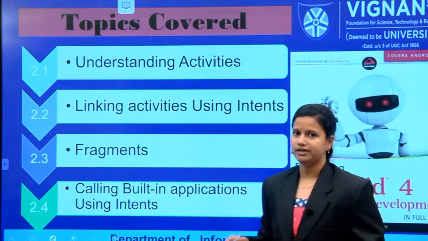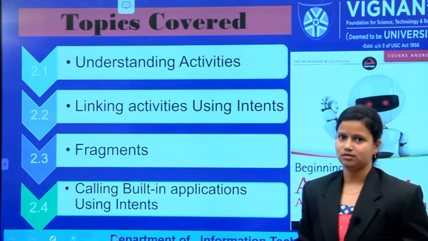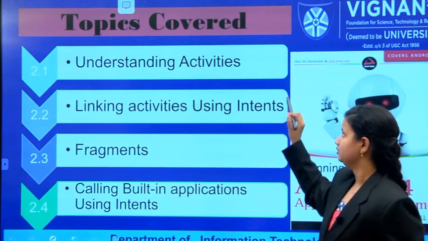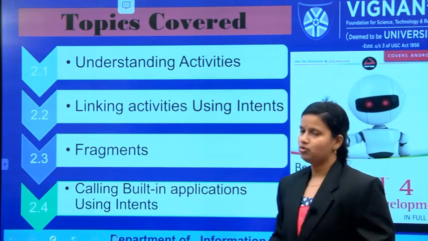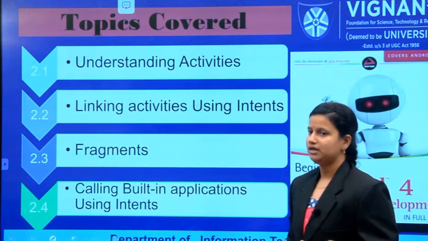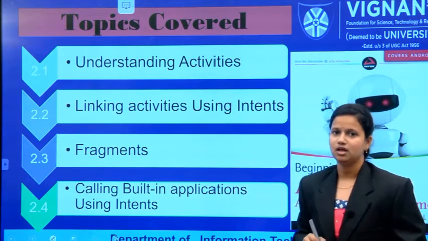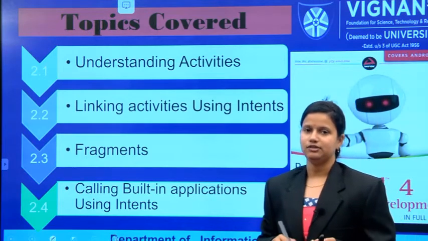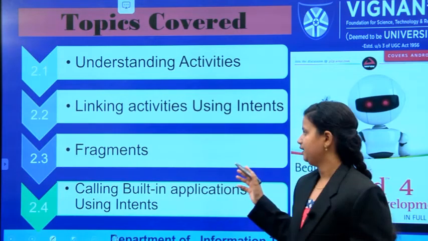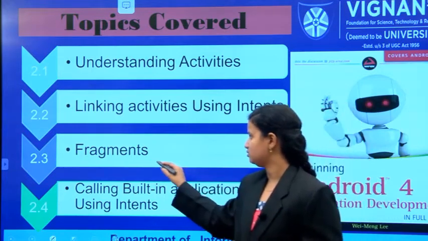With this, we have completed all the topics in your second unit. What are the topics? Understanding activities: how to create an activity and the different styles to add. Then adding dialog boxes, progress dialog, alert dialog and warning messages, learned in 2.1. And linking of activities using intents, meaning navigating from one activity to another. And how to pass information between intents is also completed.